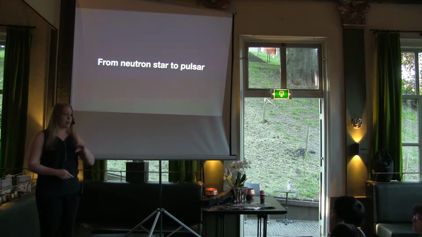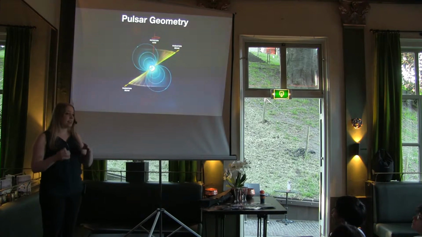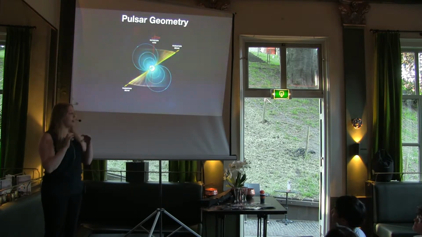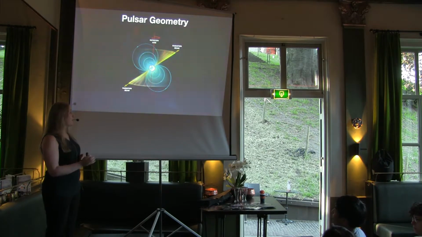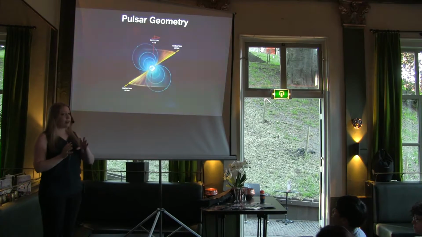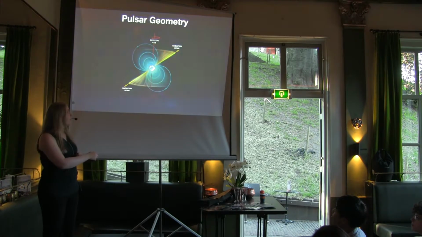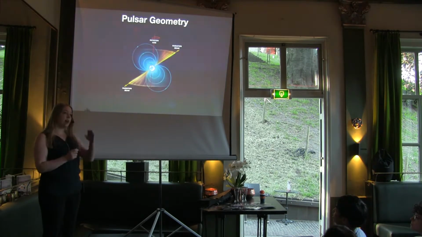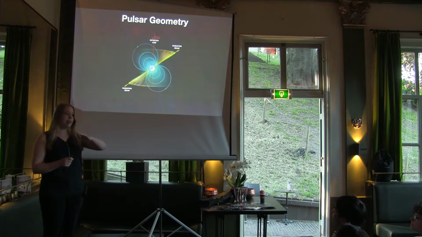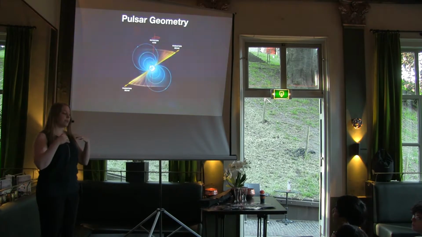But neutron stars are one thing. So pulsars are actually a type of neutron star that has a very, very large magnetic field, and they rotate really fast. So fast rotating dead stars with a big magnetic field. The most important thing about neutron stars is that their rotation axis and the magnetic field axis are off center, so they don't align. And this is because the